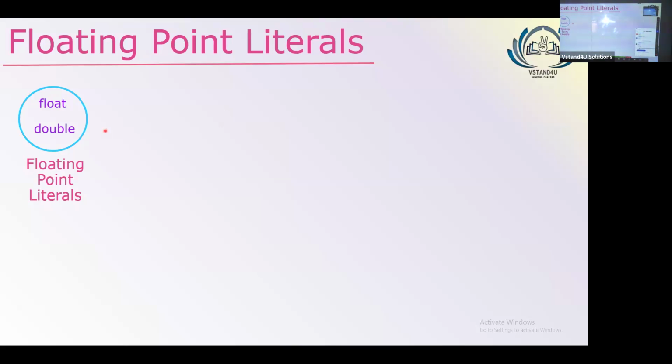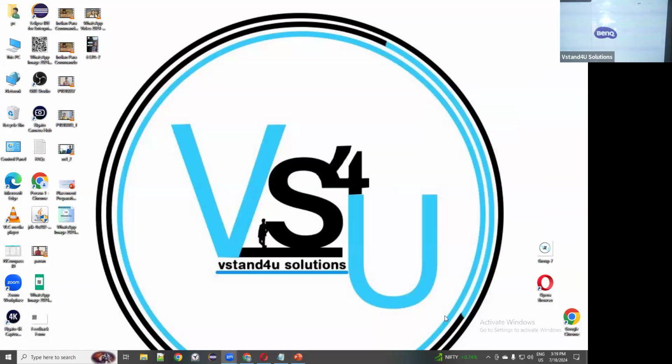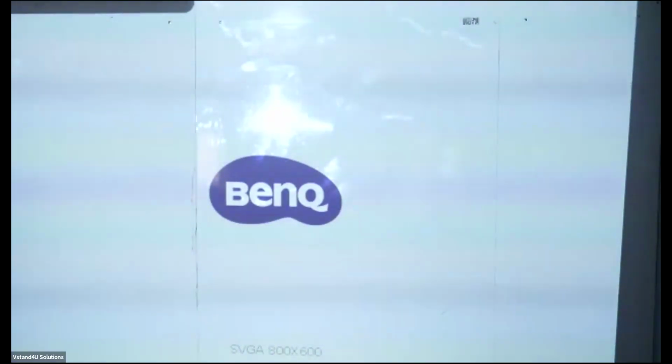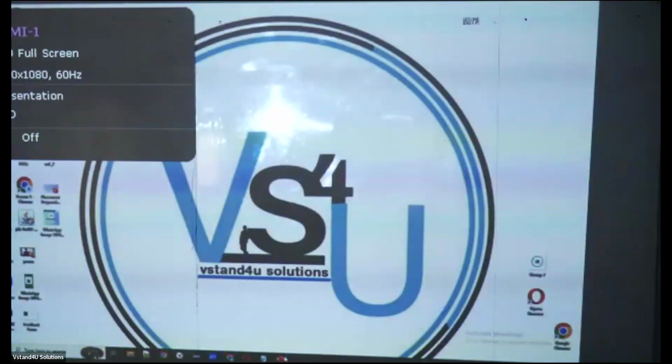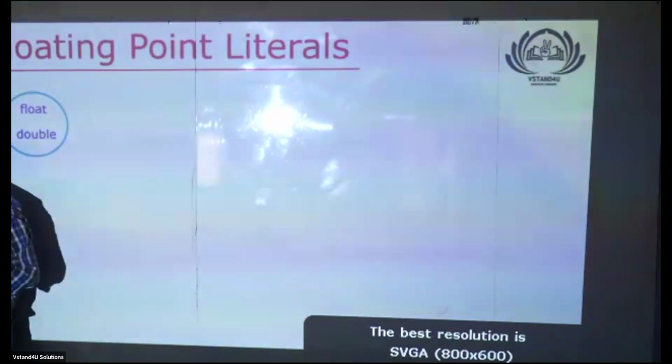So we were learning about floating point literals. Now, what is wrong with this here? It's still not coming. Pay attention now.